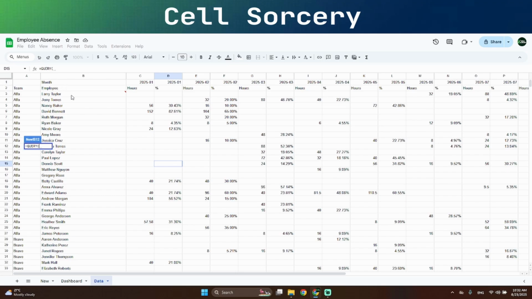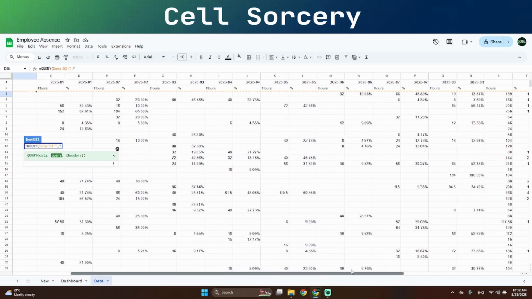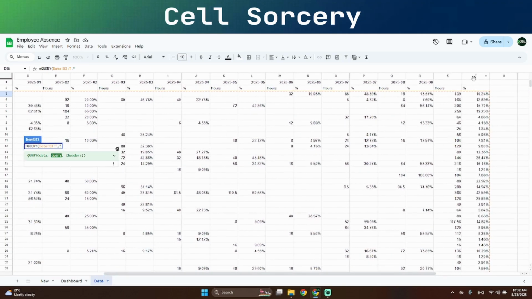Okay, and that starts from B3 with the first name. Good. All the way down to T. And next we have to tell the formula what we want to see. And we want to see the names, the hours and the percentages. So we say